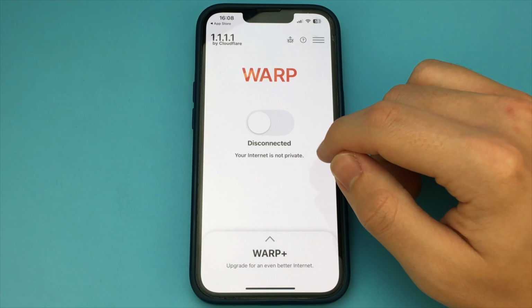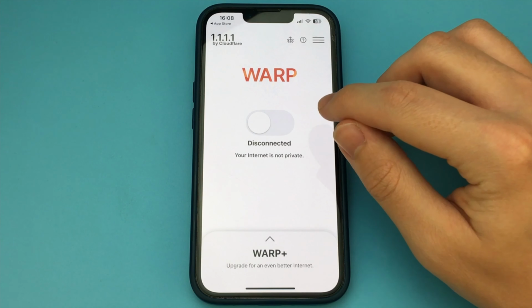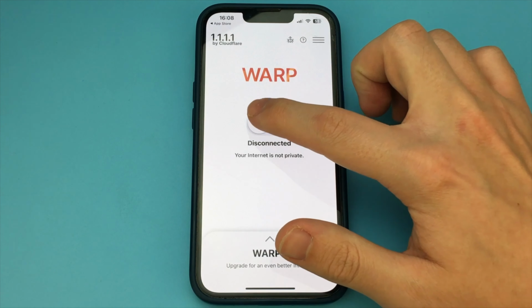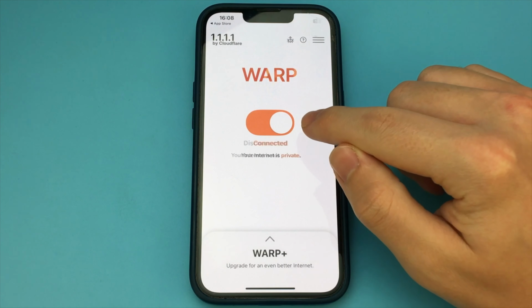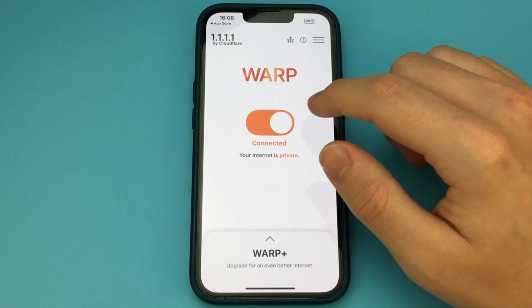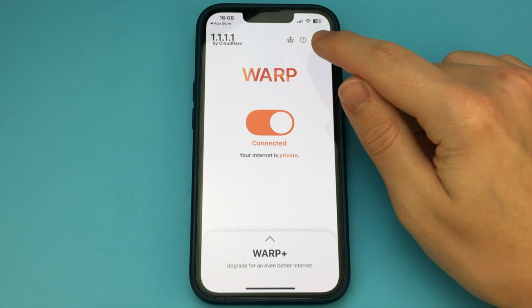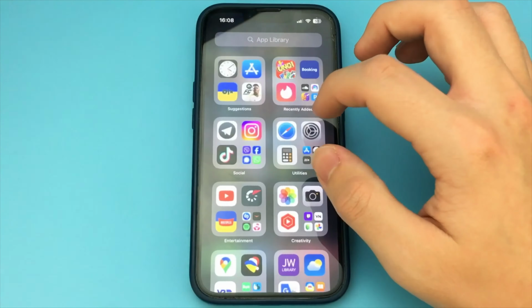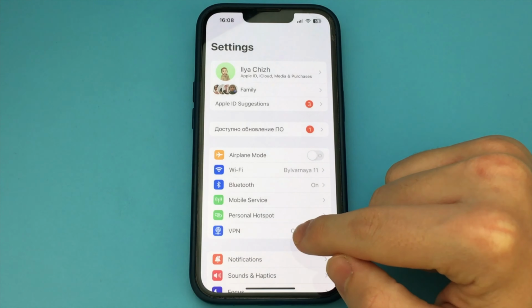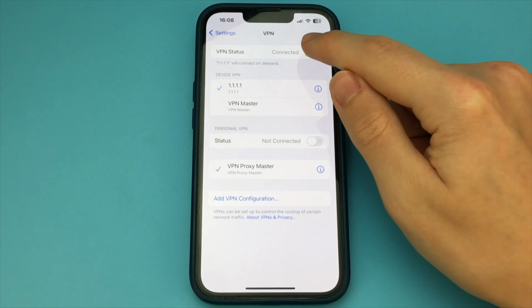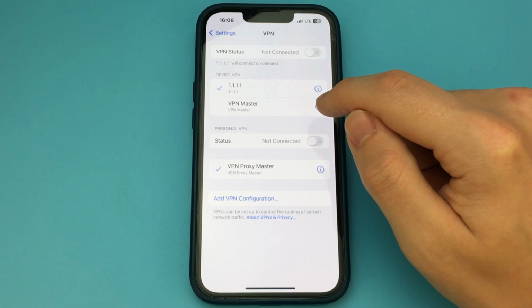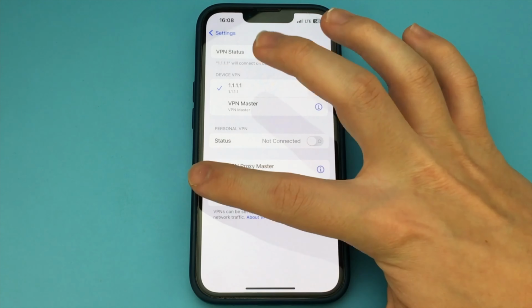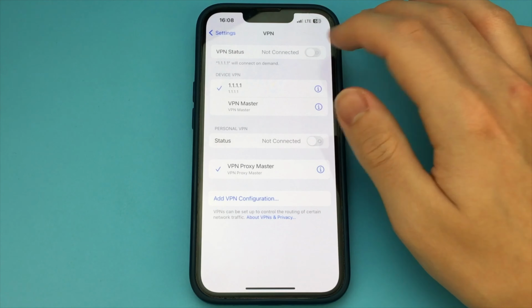Here it will be selected, or you can select it yourself, and then where VPN status you press connect, and VPN is enabled, and you can use it now. You can also open the application and enable it through the application, but I think it is much more convenient to do it from the settings, but you do as you please. As you can see, this is a very simple and quick way. Done. There's nothing complicated at all.